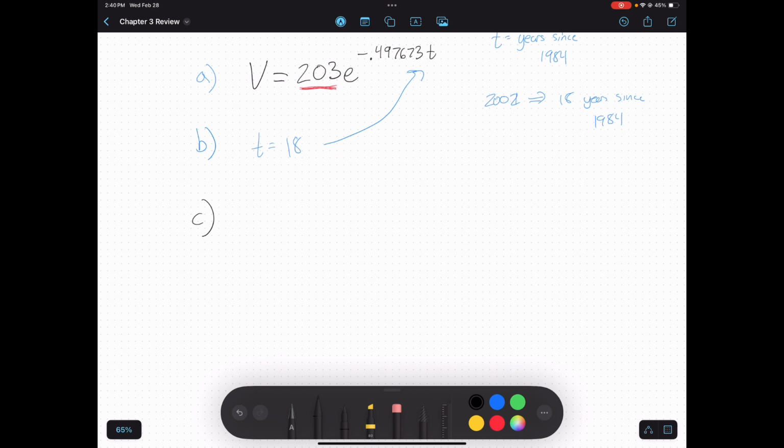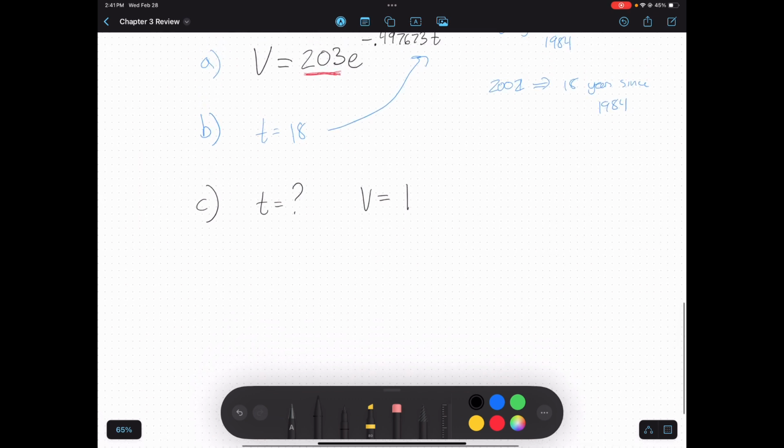What am I solving for here? I'm solving for T. And what does it give me? It gives me a V value. But specifically, what is my V value? If I plug in 1, you will get this answer wrong. Because if I plug in 1 for V, remember my equation is in terms of millions. So that will solve for how long is it going to take before I'm only selling 1 million products a year. So if I want to get this in terms of millions,